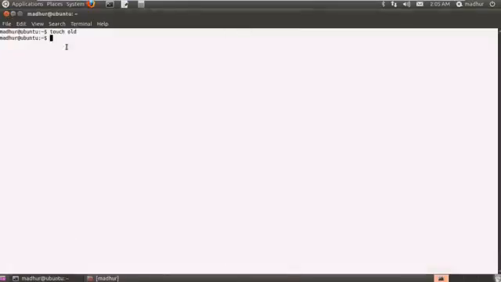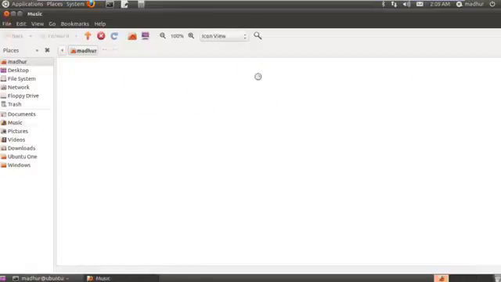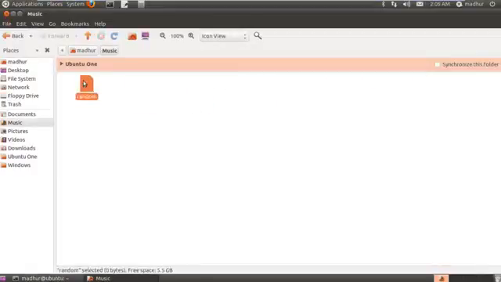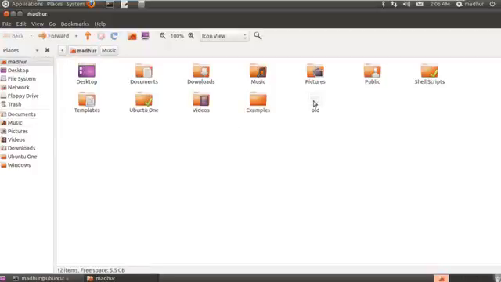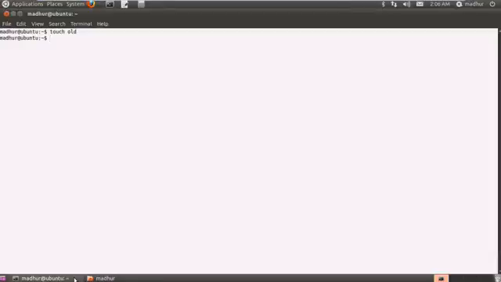Now suppose I want to copy this file old from the home folder to the music folder. This had a file called random, I'll delete it so that we don't cause any confusion, but the music folder, as you can see now, is empty. What I wish to do is copy this file from this location to the music folder. Now the command to do that is I'll type in cp first